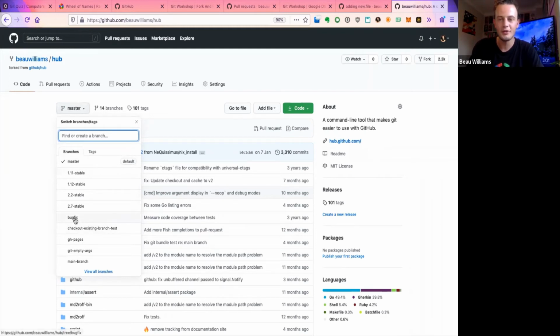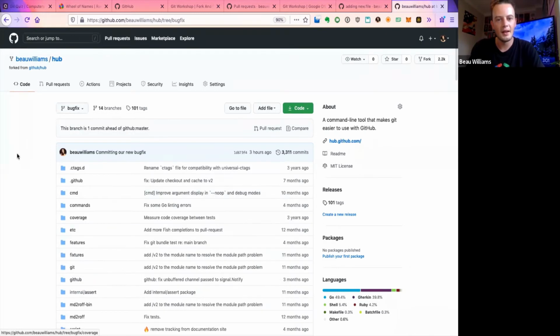We can see my branch here, bug fix. Again, this is an awesome reason why GitHub is very useful. Now we can actually see it's one commit ahead of GitHub master. So we've made a change, we've put it on a branch, and now what we're going to do is submit this to the GitHub /hub team for them to review it.